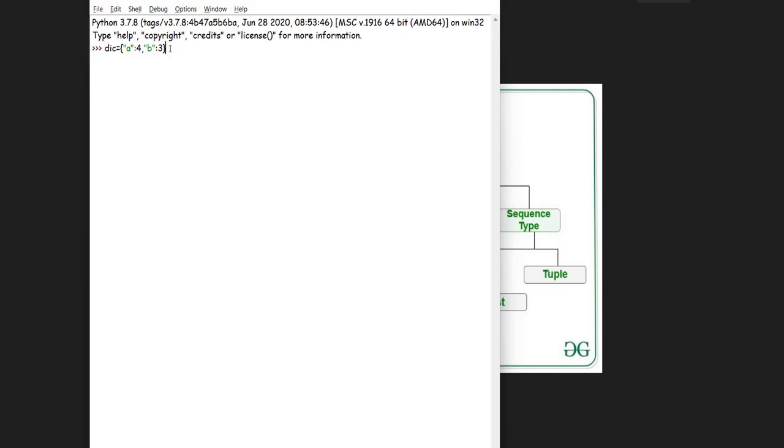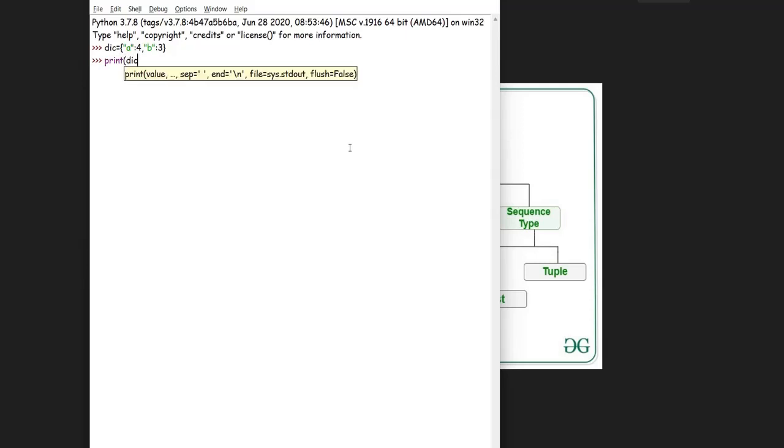It is not a sequence like a list, tuple, or string, because sequences like list, tuple, and string are indexed by a range of numbers, but a dictionary is never indexed. You cannot access a particular key value pair in a dictionary using index values, but you can do it in list, tuple, and string. To get the value of a particular key in a dictionary, you have to write print, the name of the variable in which you have stored the dictionary, and the name of the key whose associated value you want to find,